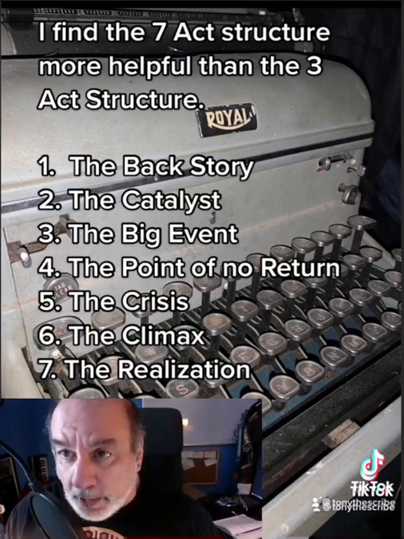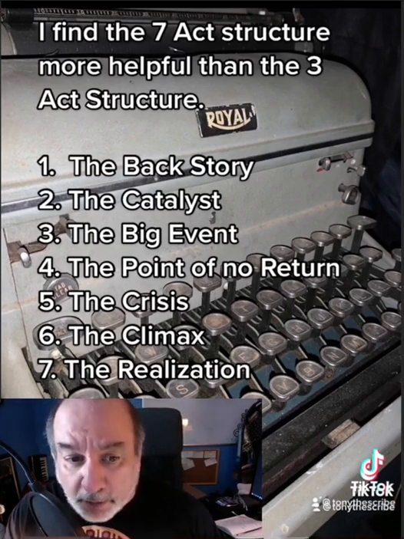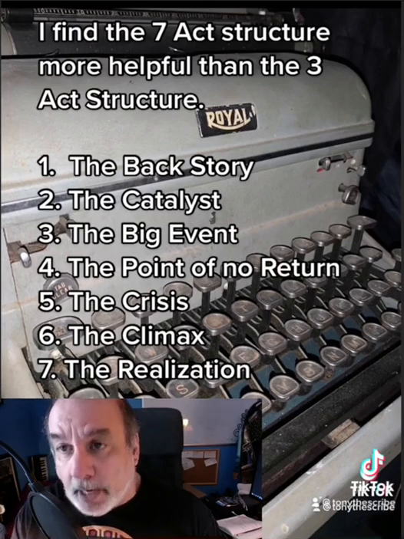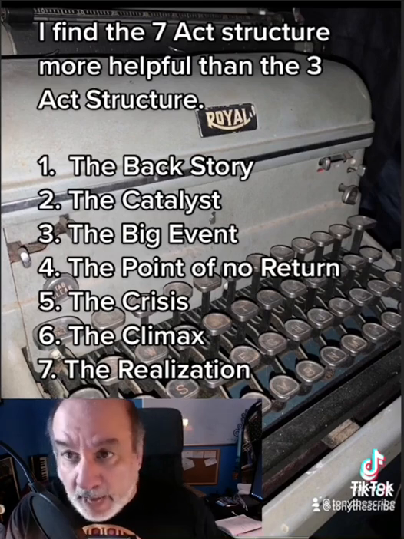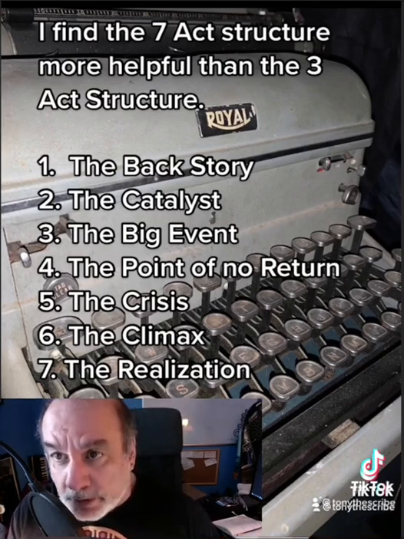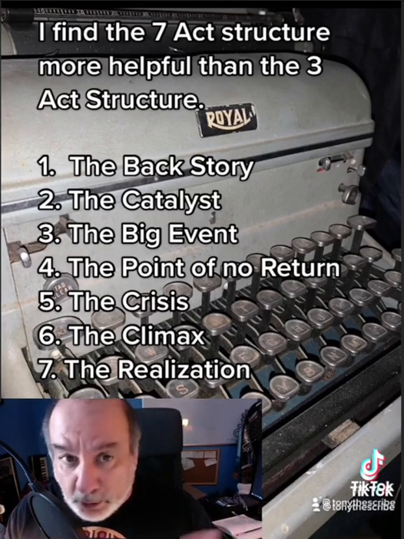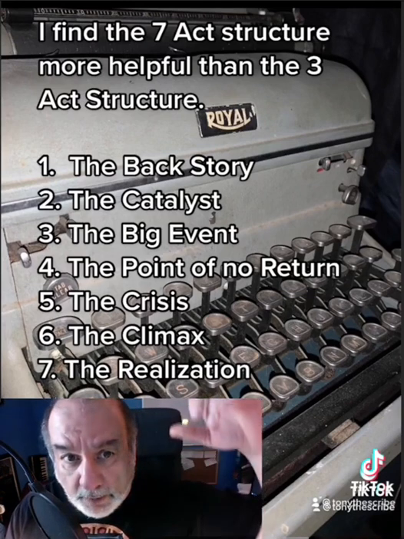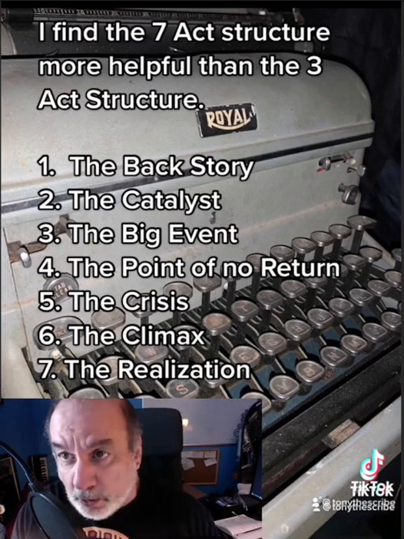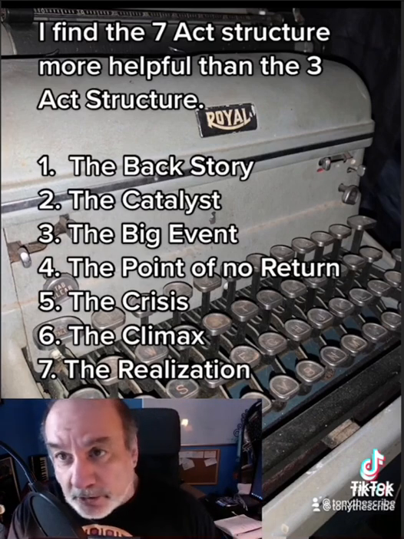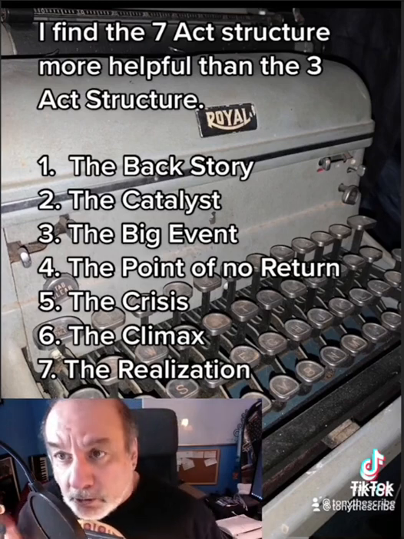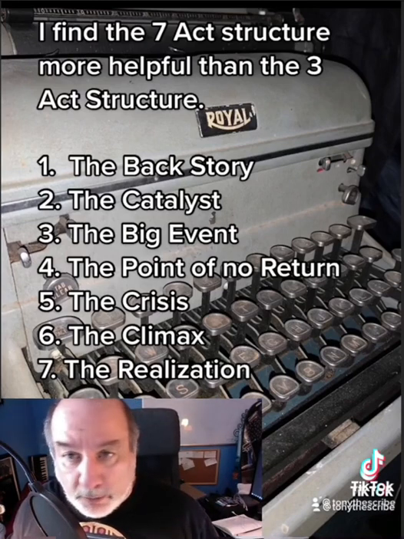So we're going to start out with the backstory. The backstory is the thing that's going to haunt the central character, and it could be the thing that the character knows, or it could just be things that have happened in the story. So if we think about Star Wars, the backstory begins at the very first second of the film. I'm talking about A New Hope, when we see the crawl coming up the screen, right? That's filling you in on all the backstory. That whole backstory section runs from there to when R2-D2 and C-3PO escape.